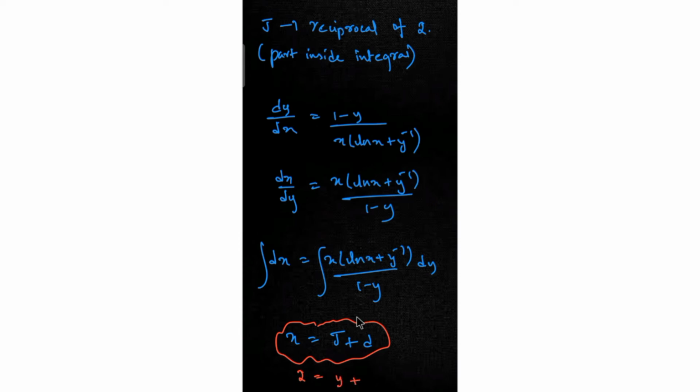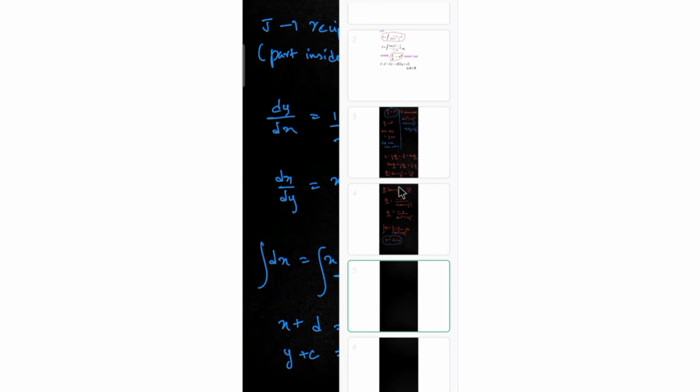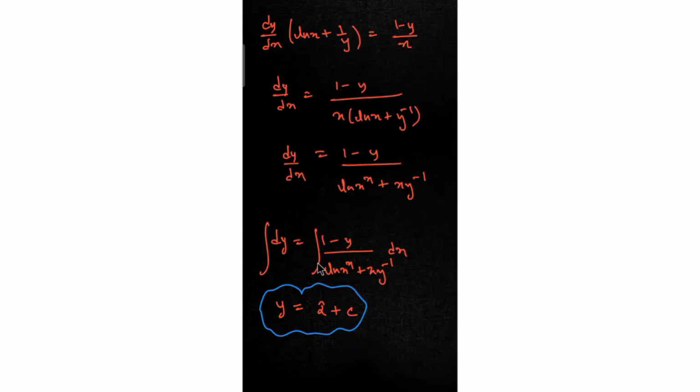This is x is equal to, this is basically dx, right? So dx, if I just integrate that, here we need to supply the constant. So there is a mistake here. Here we need to supply the constant, so x plus d is equal to, this is my j. Fine. And this is what we have got, and in the previous case we have got I is equal to y plus c. Fine. So I'll just check whether I've written that or not. Yeah, I have written this to be I is equal to y plus c.